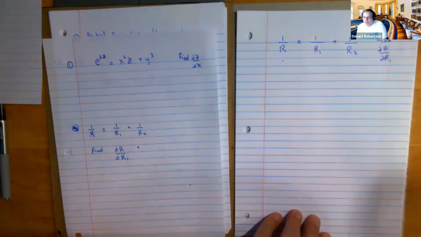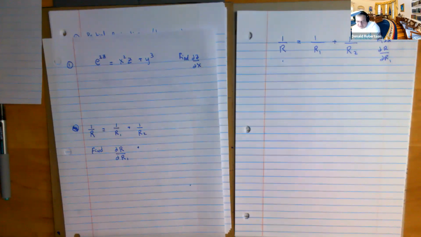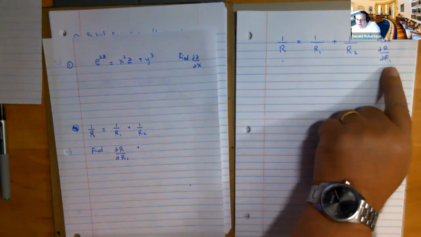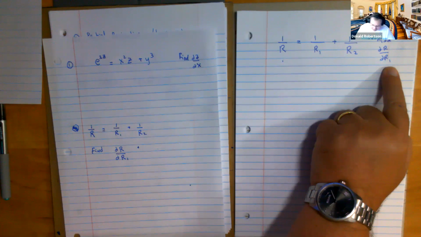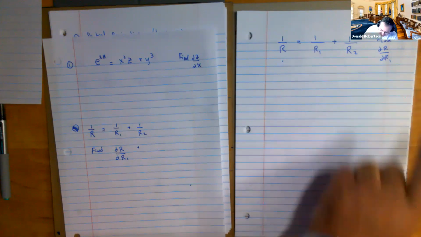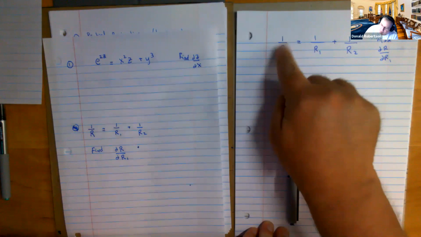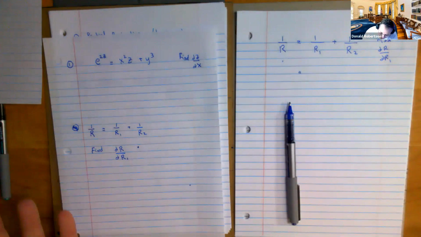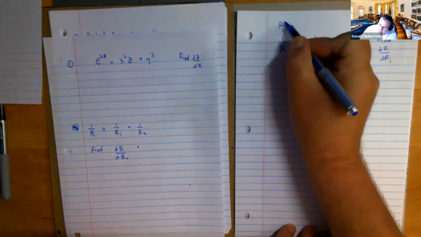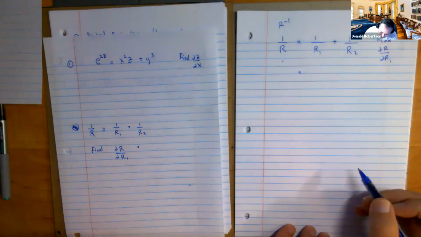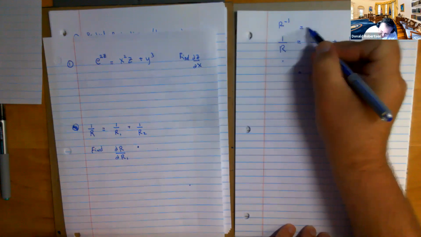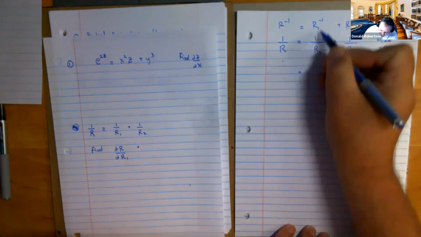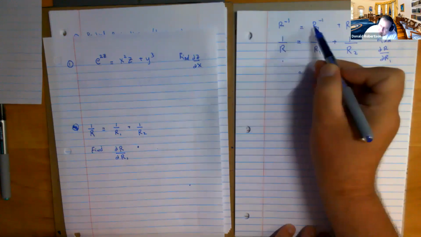All right, so we're being asked to find the partial derivative of capital R with respect to the variable R1. So it is implicit, because that doesn't say R equals, that says 1 over R equals, right? So it is a formula. And if you think about that, isn't that the same thing as R to the power of negative 1? R1 to the negative 1 and R2 to the negative 1. So these are equivalent. This format, although it looks ugly, is actually a better format if you want to differentiate,